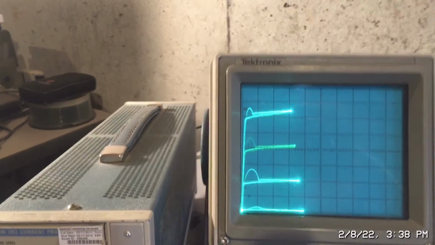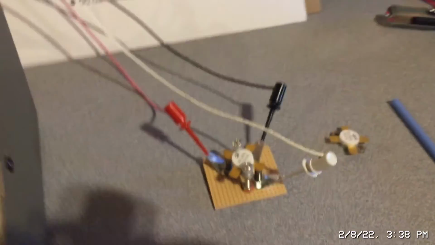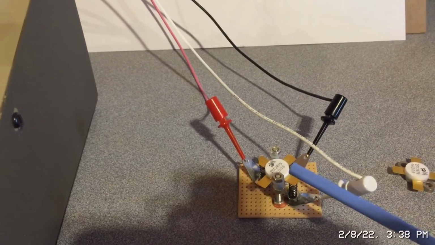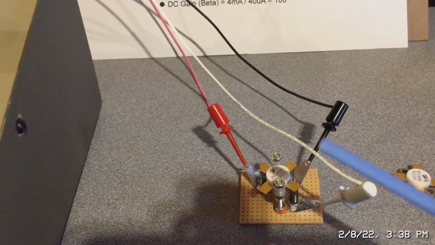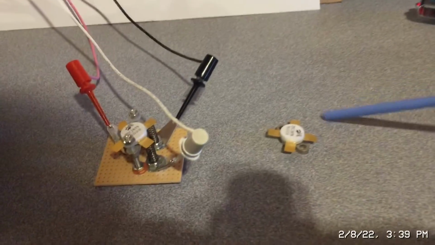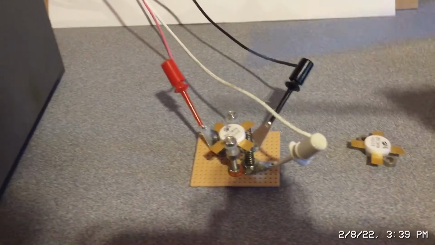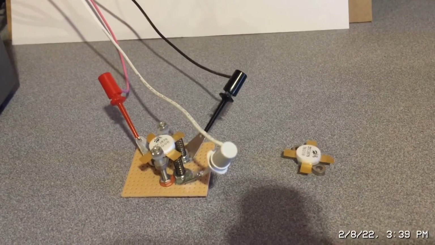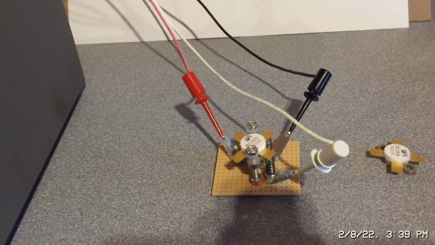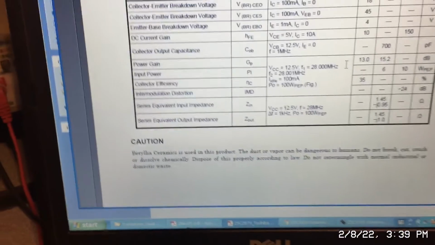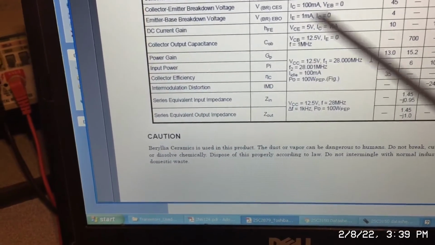Okay, so this is the setup that I have. I had to fabricate a fixture here so that I could securely connect to the tabs and make a good measurement. I did a before and after with just a component to see if the fixture had any effect on the looping or on the parasitics. It does not. So this fixture allows me to just do a quick changeover to compare devices. And if we take a look at the specification again,